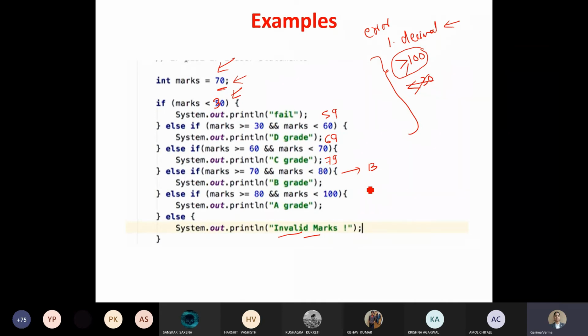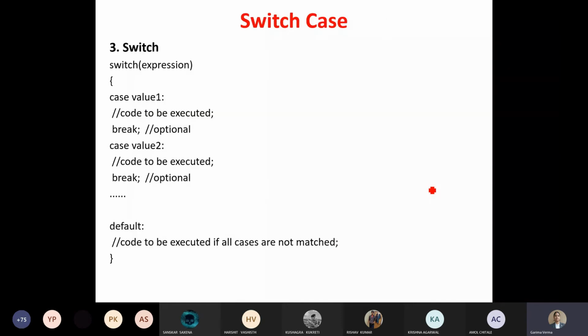It should not give this error if I'm entering the decimal value. What you can do, you can make it double. अगर आप इसको डबल बना दोगे तो आपका वो वाला प्रॉब्लम सॉर्ट आउट हो जाएगा. फाइन. चलिए let's move. Now let's move ahead if you don't have any query.